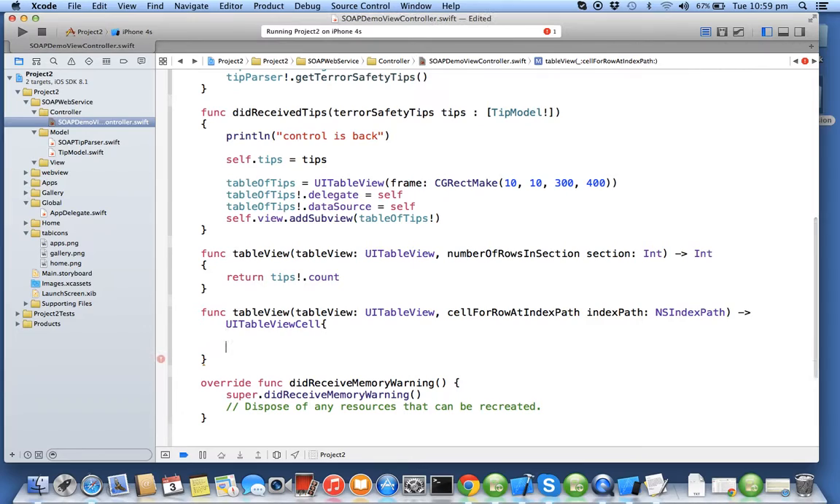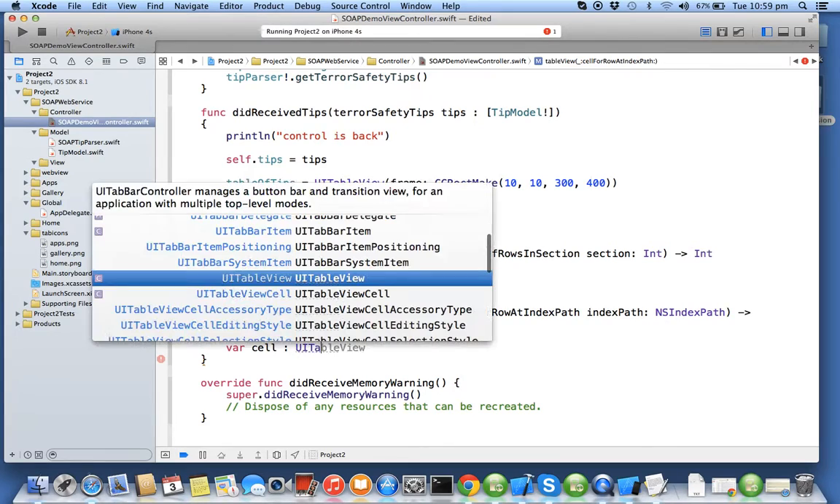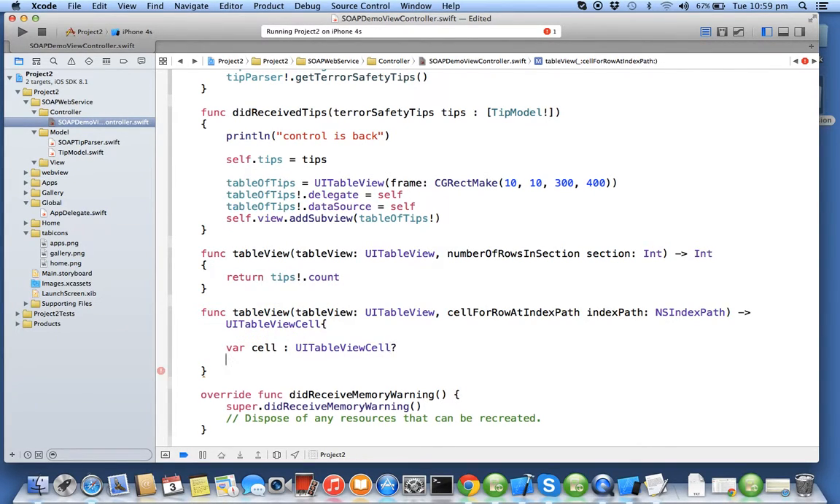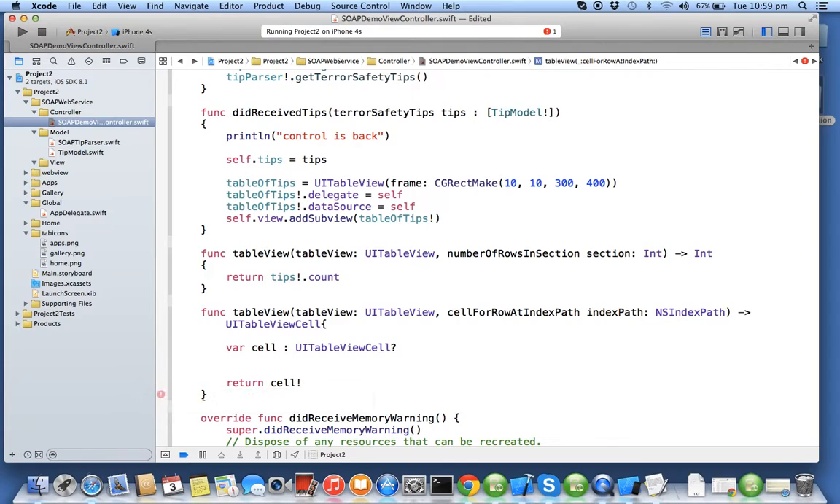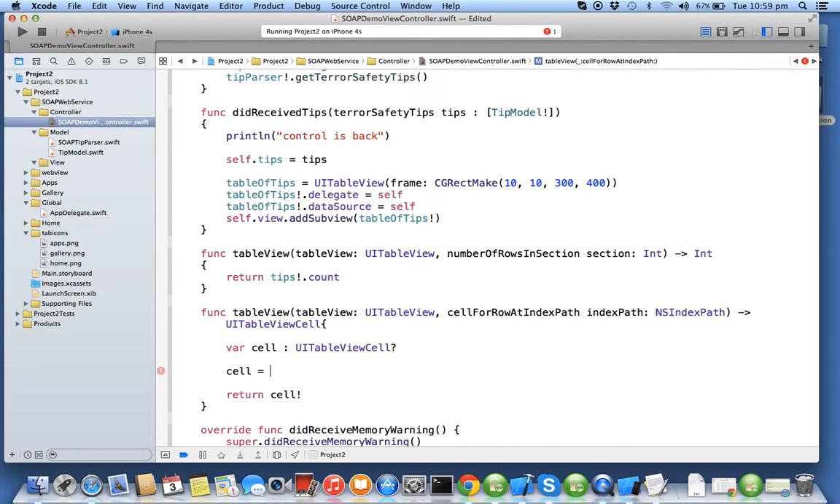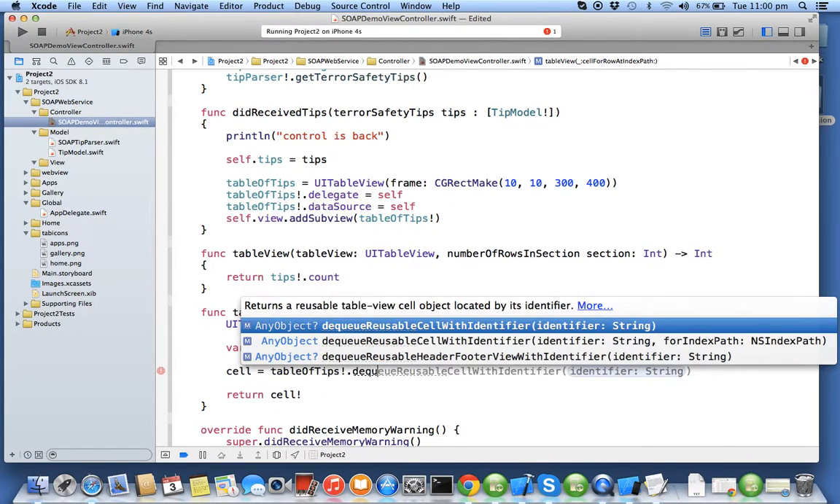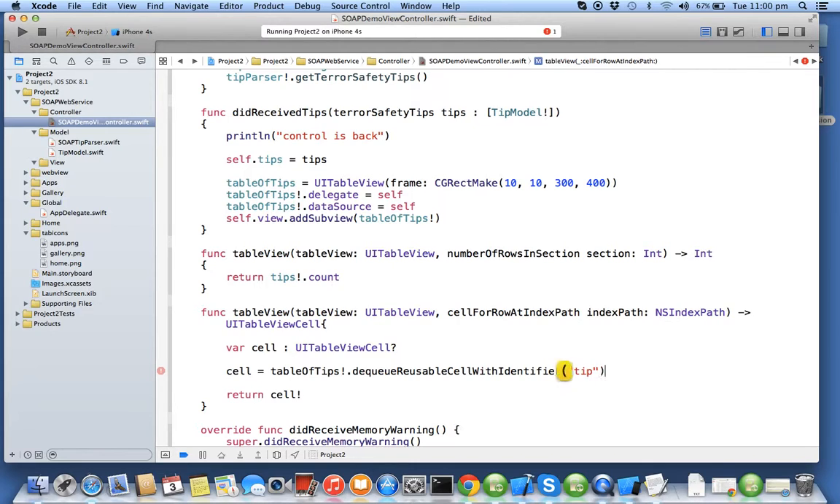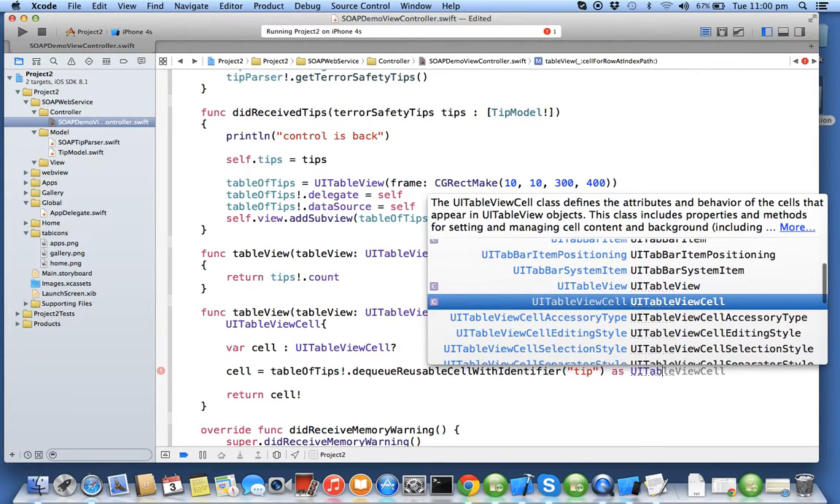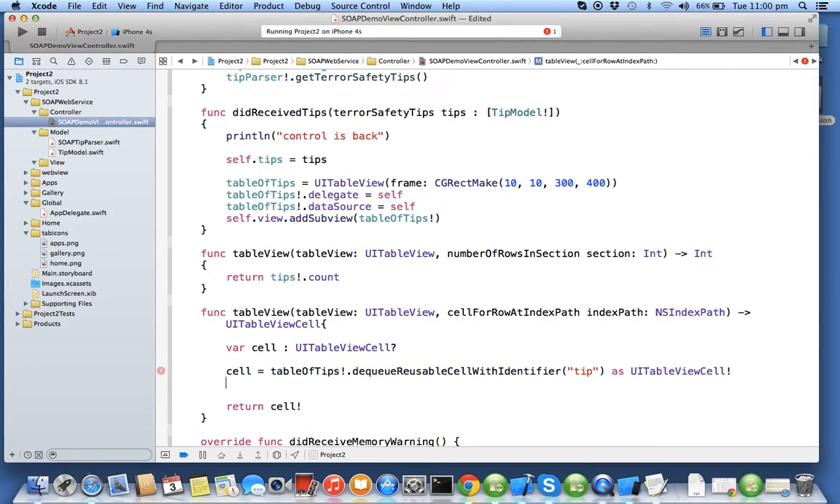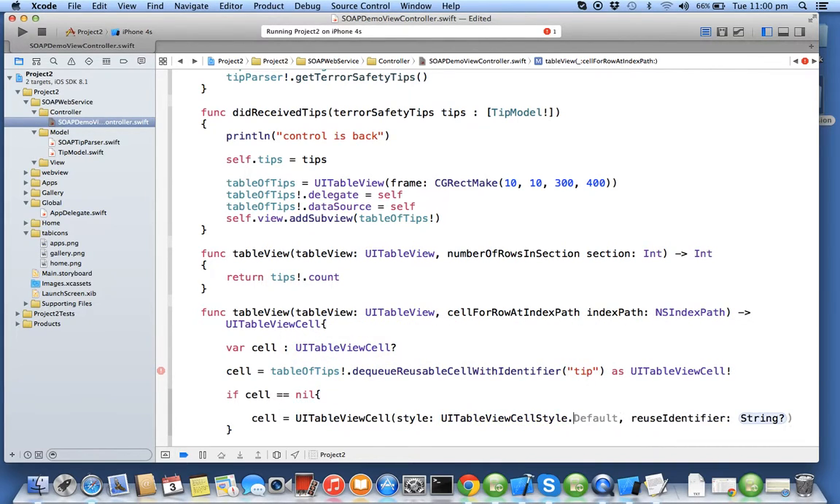You will be creating the cell, so you will say cell of type UITableViewCell!. You will say return cell!. You will first check whether the cell exists in your memory or not by using dequeue. I'll say tip as UITableViewCell. If cell is equal to nil, you need to create the cell object. So you'll say UITableViewCell style default. So we are using